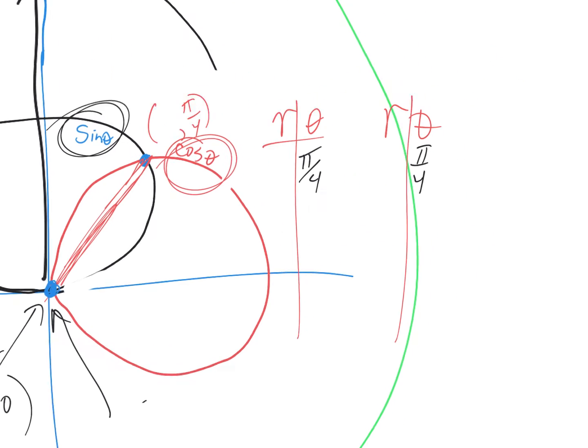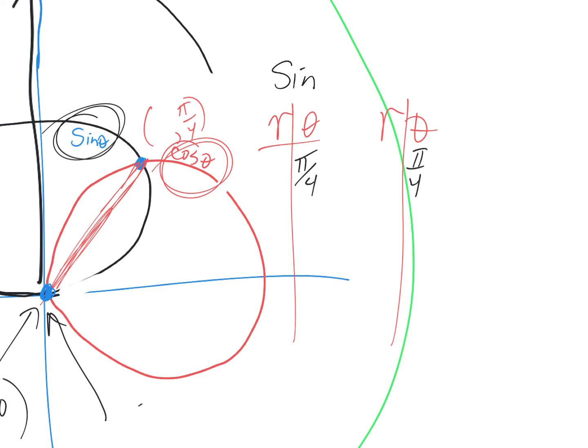Would you all figure out what sine is there and what cosine is there? I think this will help you understand what intersection points mean. If they both share that same exact point, then